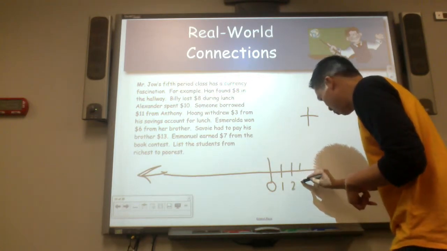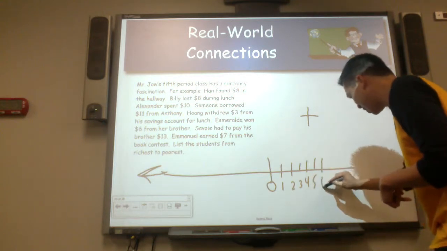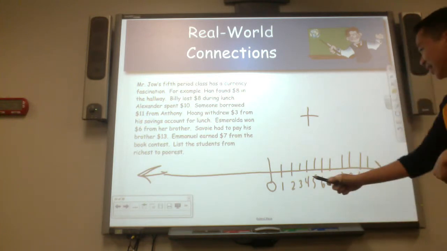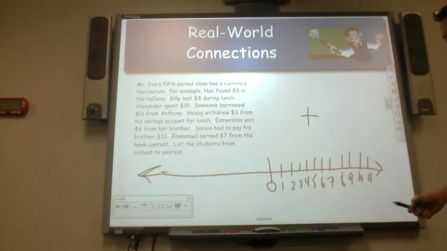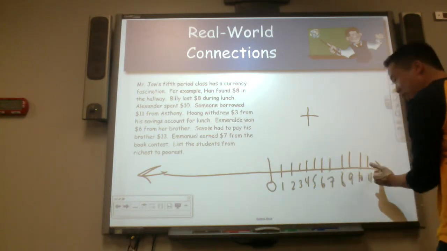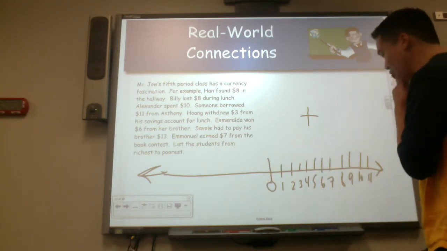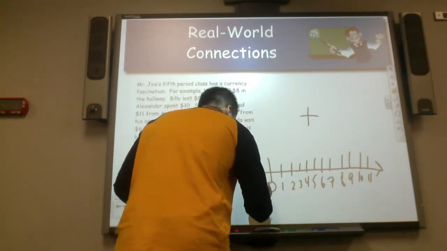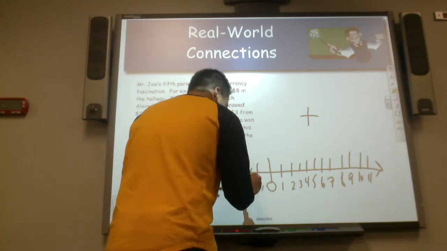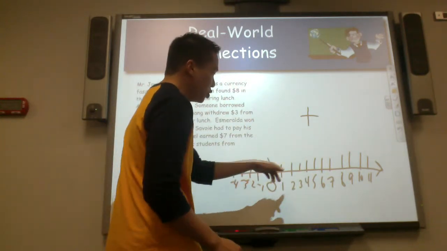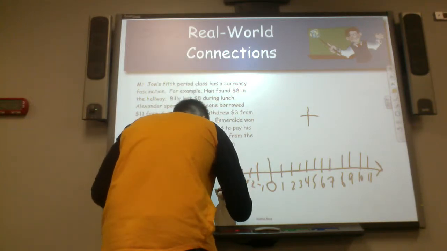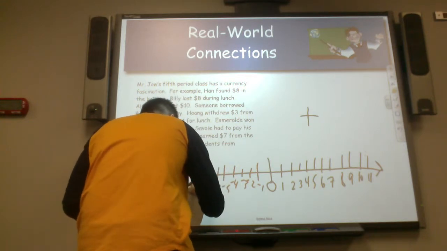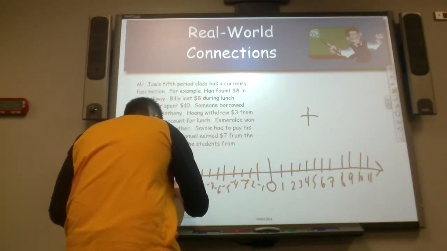Positive 1, positive 2, positive 3, positive 4, positive 5, positive 6, positive 7, positive 8, positive 9, positive 10, positive 11. These students will have money. It's funny how as I keep listing these integers, it's getting greater. Interesting, greater. Let's go on the other side. We have negative 1, negative 2, negative 3, negative 4. Remember, negative 4 is the opposite of 4. 4 units from 0. Negative 5, negative 6, negative 7, negative 8, negative 9, negative 10, negative 11, negative 12,